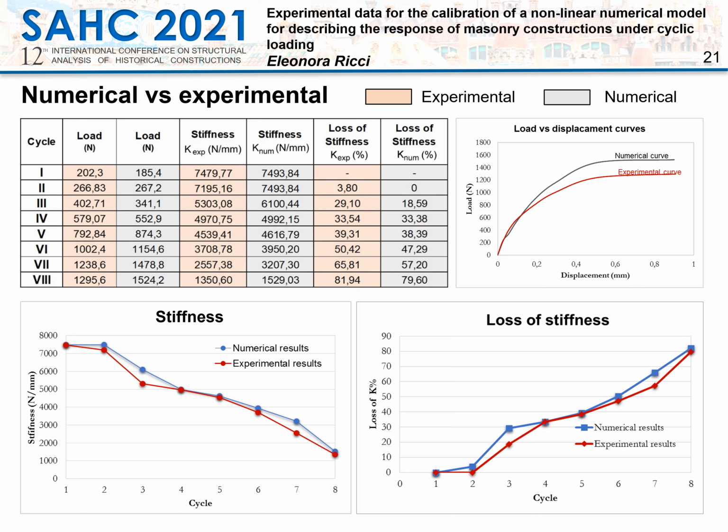In this slide, the comparison between the numerical and experimental results is displayed. In particular, the load displacement diagram of the envelope of the cyclic response is reported for the numerical model and the experimental test. Moreover, the stiffness and the loss of stiffness values are plotted for each of the first 8 cycles for the numerical model and the experimentally tested arch. As you can see, the numerical model gives slightly higher loads, while a good accuracy has been obtained in terms of stiffness and especially of loss of stiffness due to the damage.